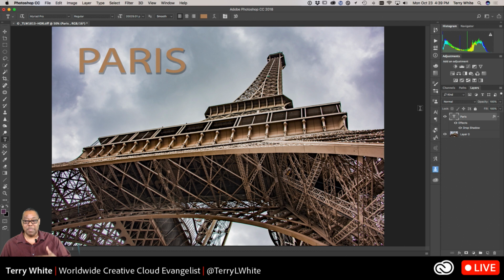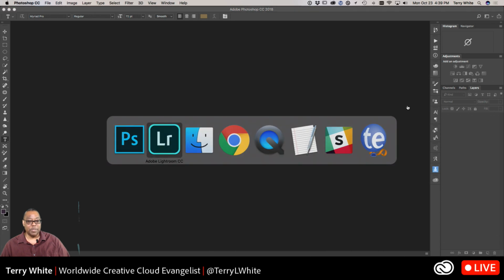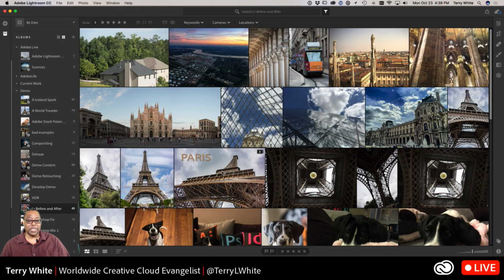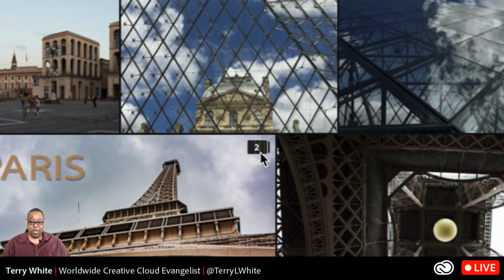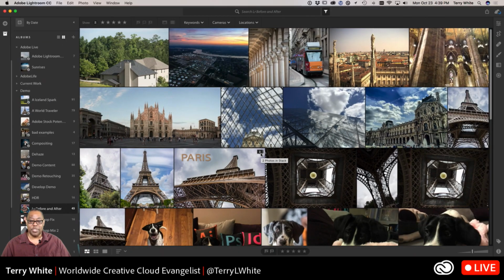And of course, I have the full version of Photoshop to do anything else I want to do. Cloning, selecting, masking, removing objects, adding more layers, compositing, doing anything I want to do. Once I'm done, we'll just simply hit save. We'll close it. We'll head back to Lightroom CC, and Lightroom CC has already returned the results at full resolution and stacked it on top of the original. So the original is still there,